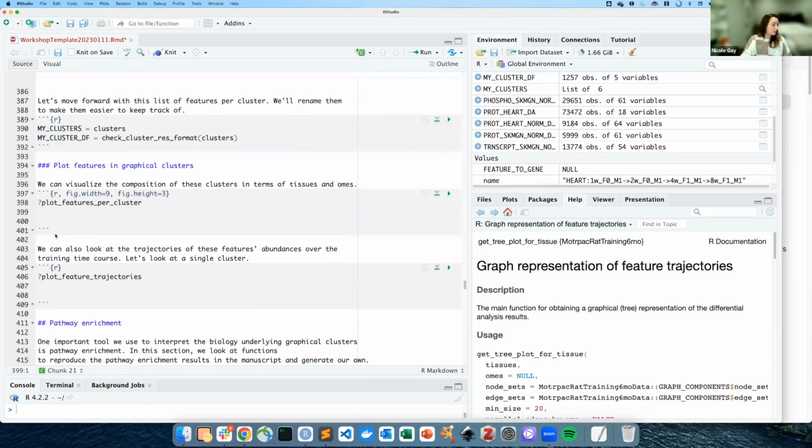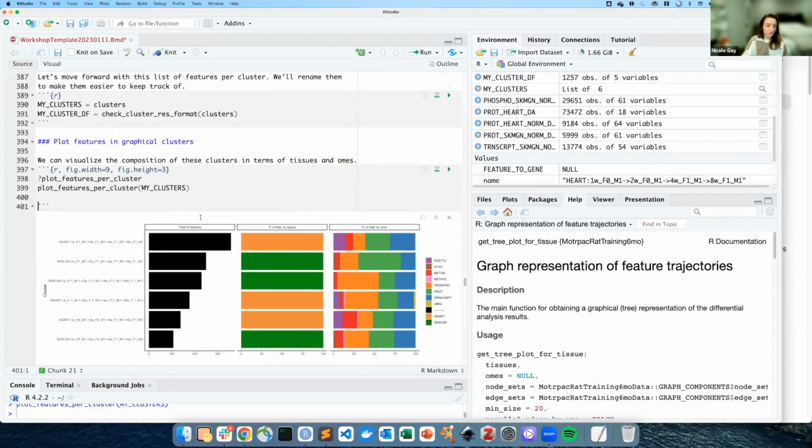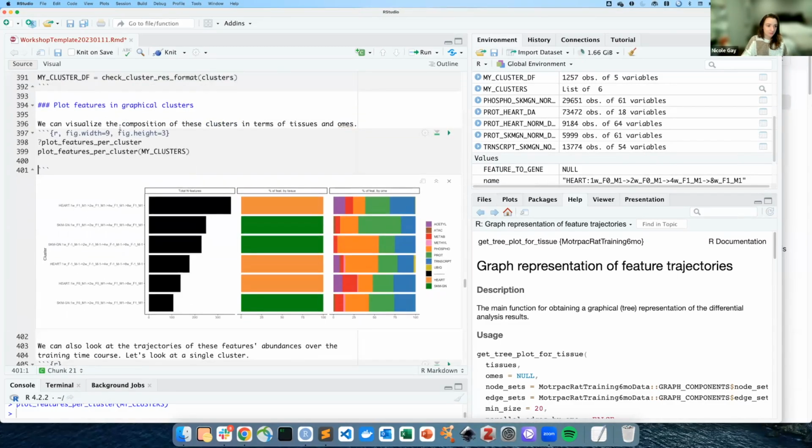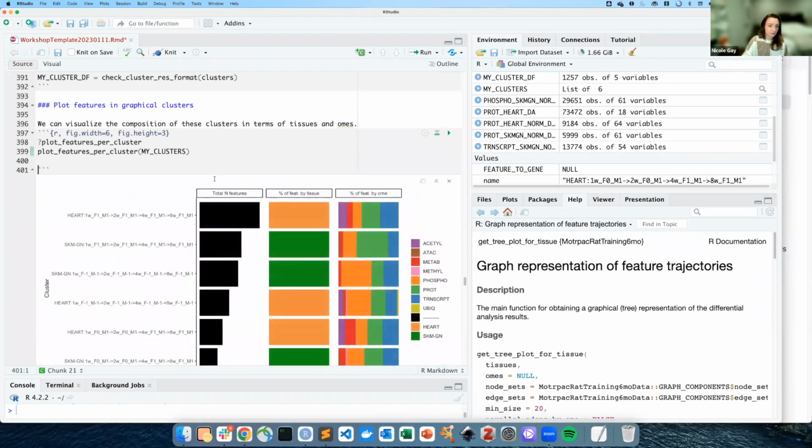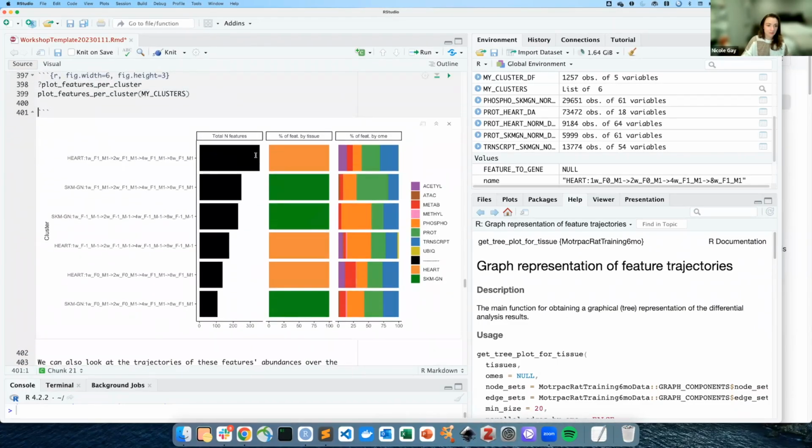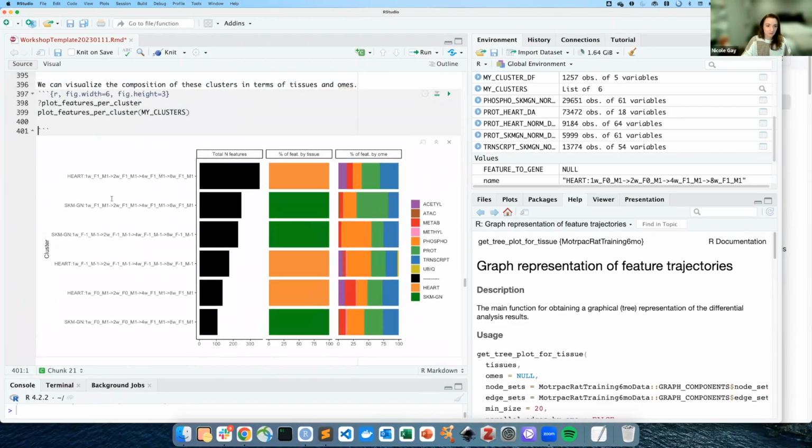Then we can call plot features per cluster on this object. The sizing is really weird again, so let's see if that's better. Okay, so now we see that for these trajectories in gastroc and heart,